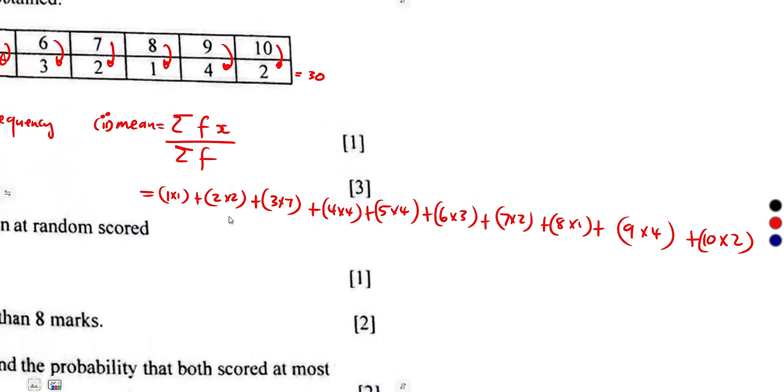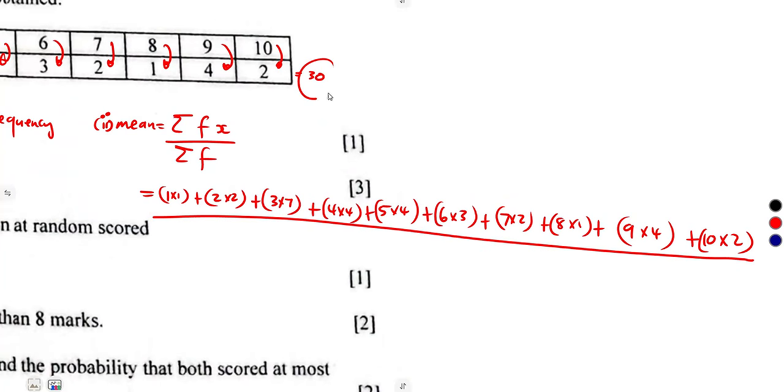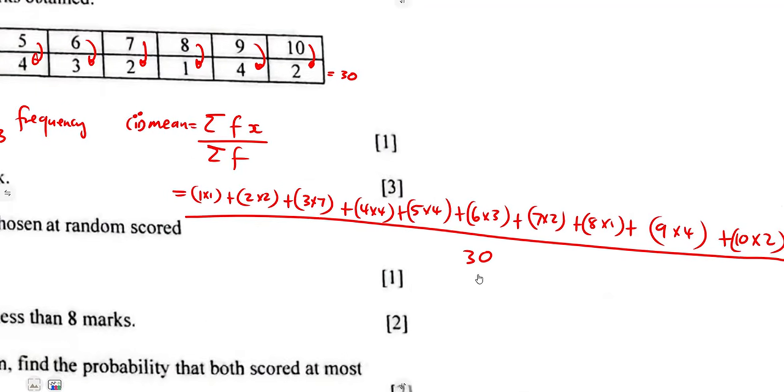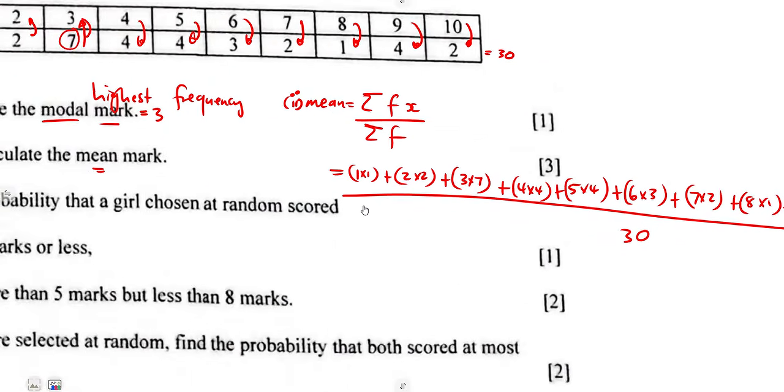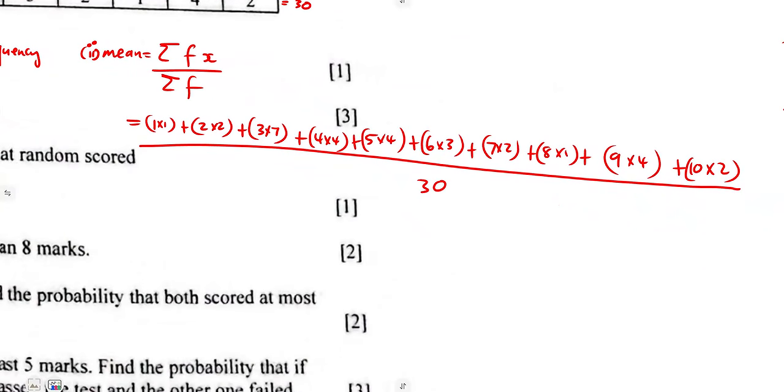Frequency times the number of marks over the total frequency, which is the number of students, learners, which is 30. So that was what you needed for the mean. So guys, just combine, add everything on top, multiply, add. You are using the calculator, so you can just combine everything. That was going to give us